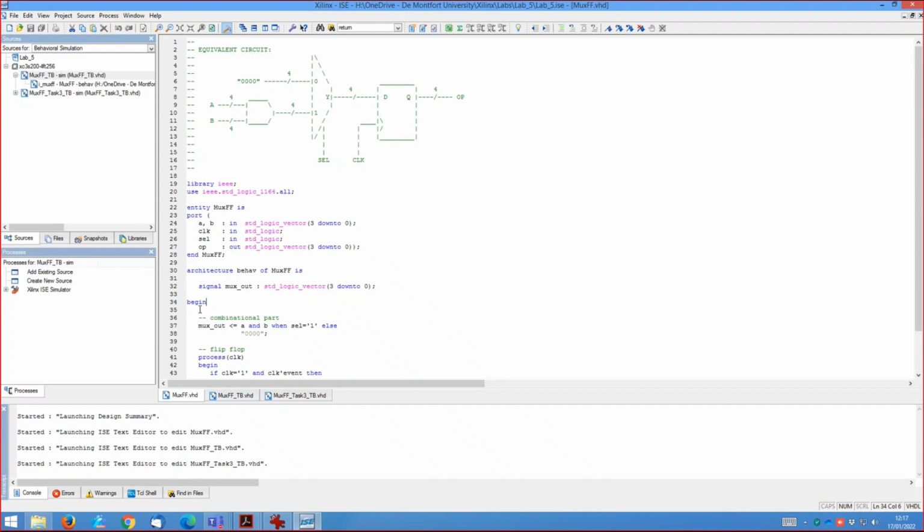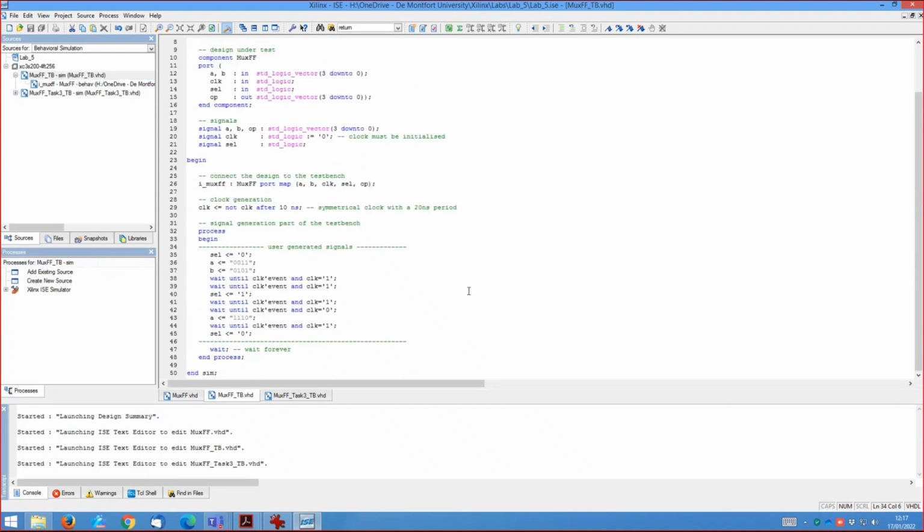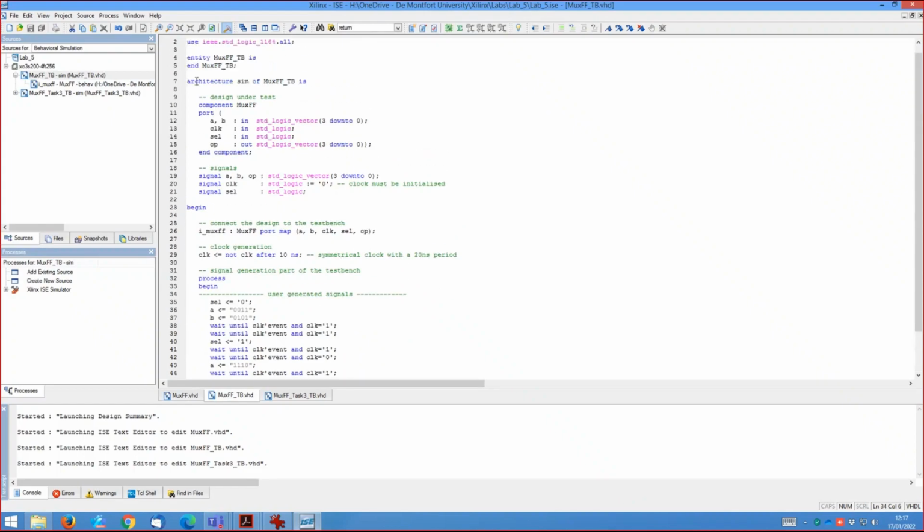we've seen it. If we then look at its test bench, basically here we have the usual parts of the test bench, which start with an empty entity, no ports. We then define the design under test as a subcomponent of the test bench. We generate all the signals to match those ports, which can have the same name. The only care we need to take there is for the clock signal to be initialized, because when we generate